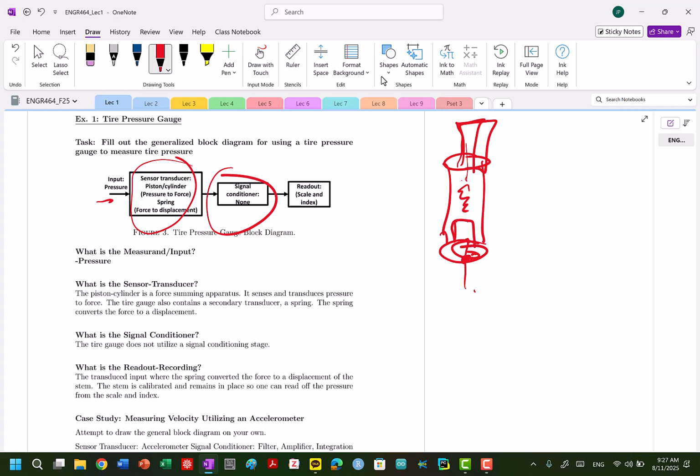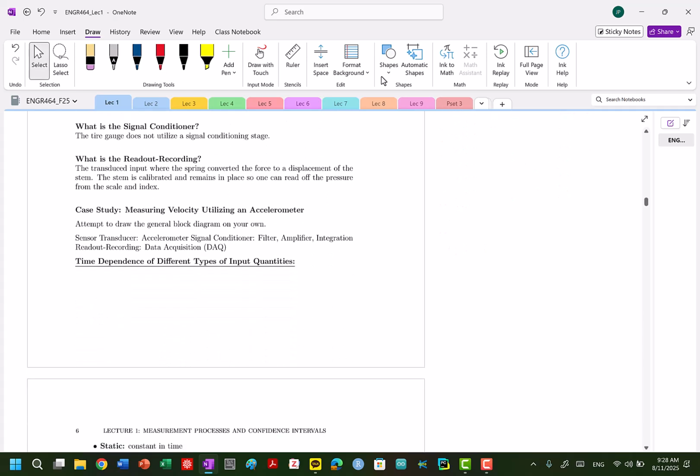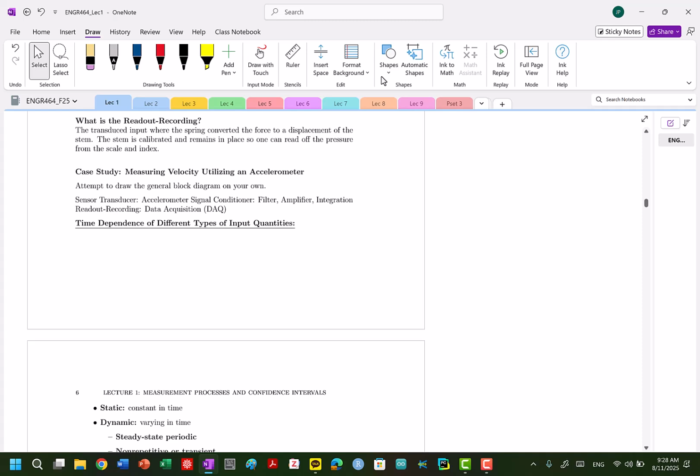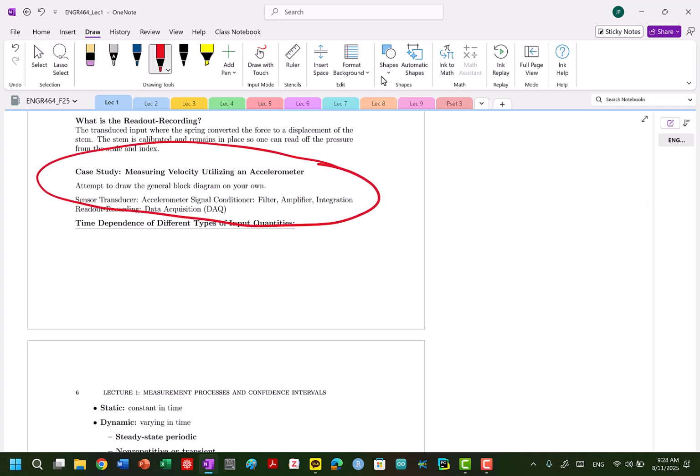Here, I wouldn't say it's an analog measurement, but it was not digital. There's no electrical component. There is no signal conditioning stage here. Now, you could think of it as you are tuning it, or maybe there's some calibration step. We can get deep into this. There is some spring constant, but anyways. And then the third step would just be a readout in our scale. You can think of the same idea with measuring an accelerometer too, but we'll get to that a little bit later and figure out how to do those.